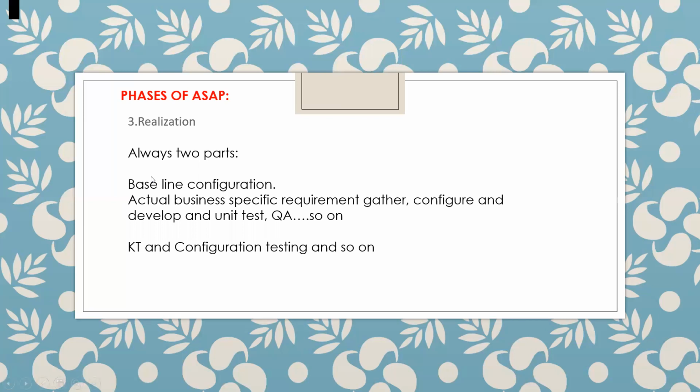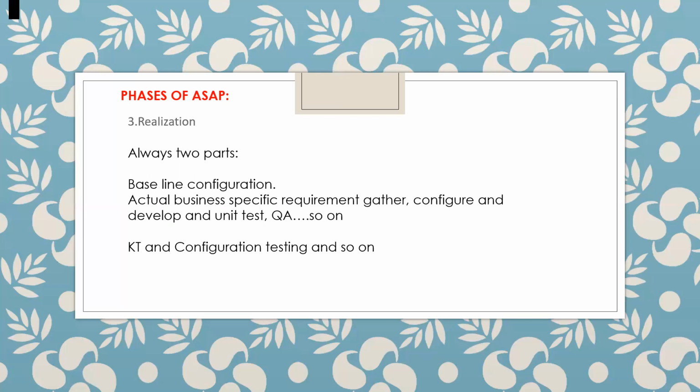Here, what will you do? Baseline configuration you will do first. So what is baseline configuration? Good question. Baseline configuration means, suppose your highest element is client in SAP. After that, if you would like to start an SAP project, company code. Similarly, if you look from the perspective of material management, there you have a plant, whereas in sales, your sales organization. So you are going to configure based on the blueprint you have gathered. I'm just telling an example. These are the higher level elements. Based on that, you are going to configure your sub level